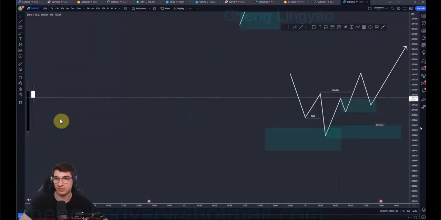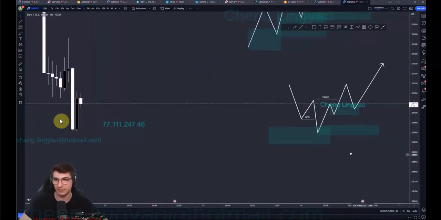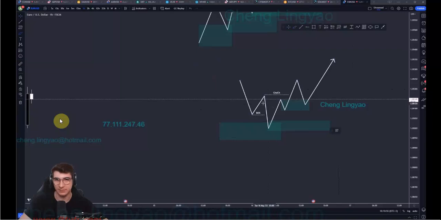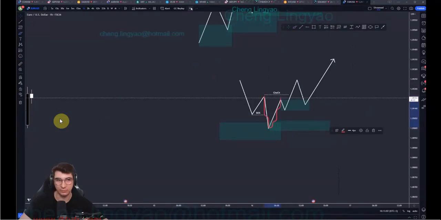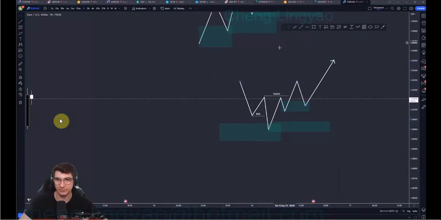Now, combining a V-shape recovery with this pattern right here means you will have a successful trade, because once you have this drop into the higher time frame, then you have something like this. You have a V-shape recovery which also forms equal highs, so you also form equal highs here. You don't break structure, but you create liquidity, and then you have a little reaction, and then price pumps higher. Then you have equal highs being taken. You have V-shape recovery, you have the break here, and then you have the flip zone where you can safely